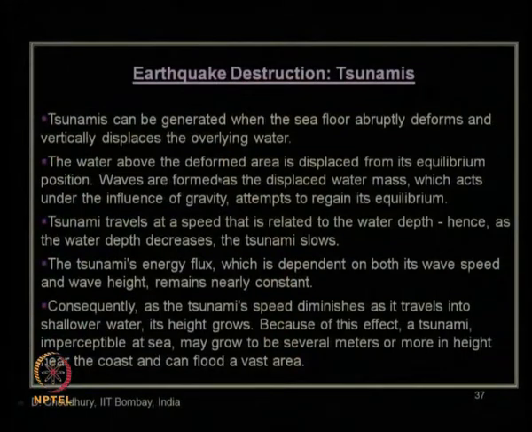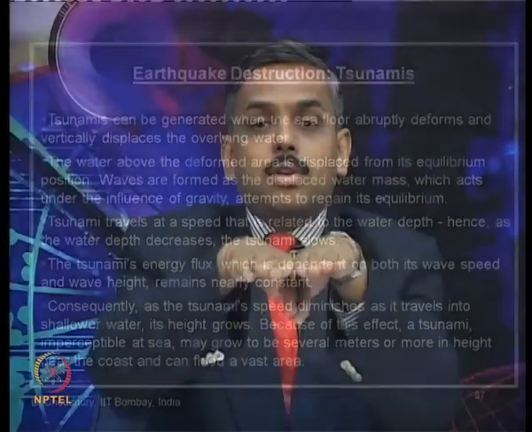So, the water above the deformed area is displaced from its equilibrium position due to this vertical shifting of the sea floor. Hence, waves are formed as the displaced water mass, acting under the influence of gravity, attempts to regain its equilibrium. Originally it was in equilibrium, but by the shifting of the sea floor, the water standing on it got displaced and its equilibrium position has changed. So, it will try to regain another state of equilibrium, and to do that, what happens,